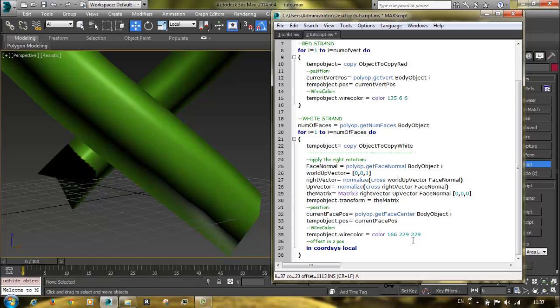Local, the temp object dot pose dot Z is equal to 5.5. What this means, I could just write this one. It means the Z position is plus equal to 5.5,